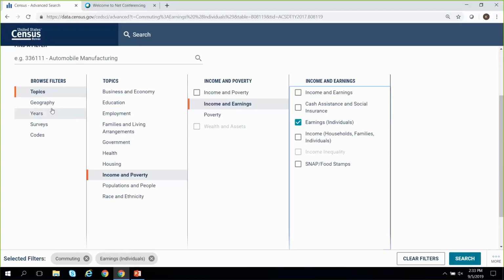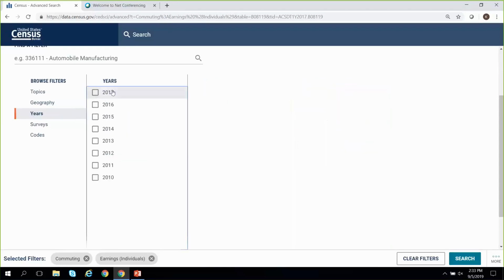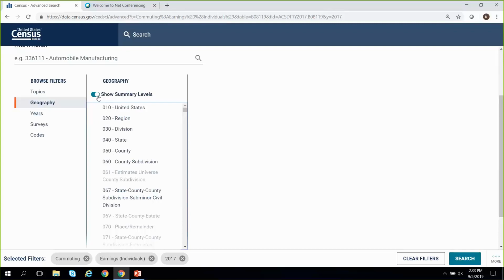So then I'm going to look at some geographies. Since I'm going to be looking at some geographies that could be year specific, I'm going to go ahead and choose 2017. Obviously, you can choose different years, but I want to make sure I'm getting the correct vintage of my geography when I'm looking for it. So from here, there are two different ways to look at things. So from the geography,